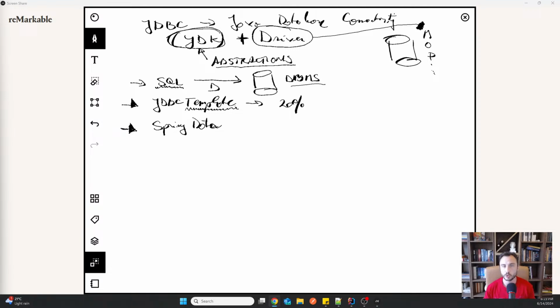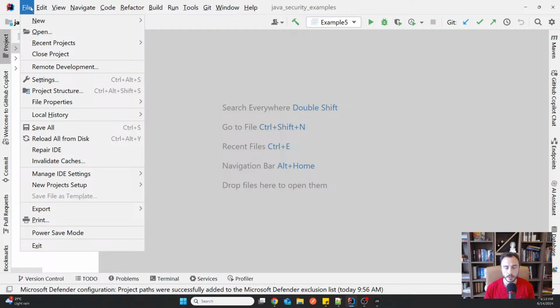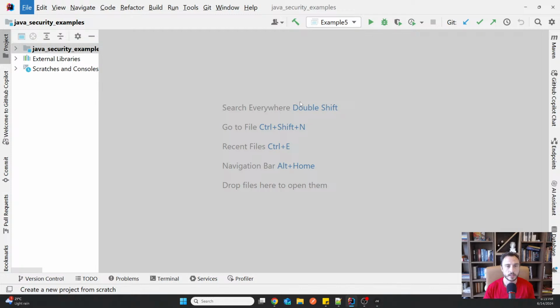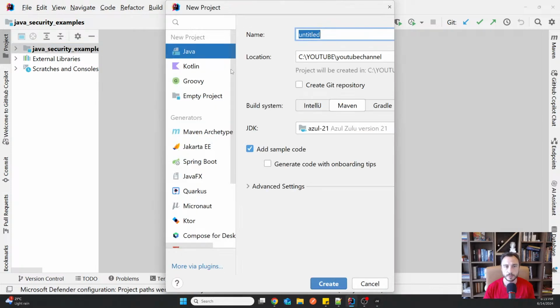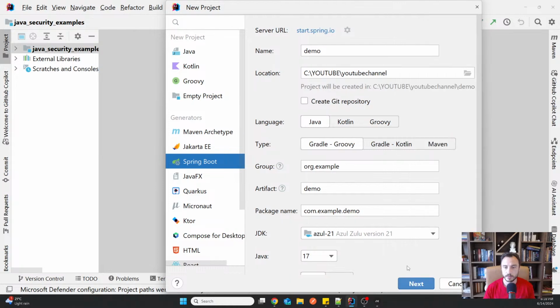There are like 20 Spring Datas, and if you go to the initializer on start.spring.io, or you try to create a project with an IDE, for example,